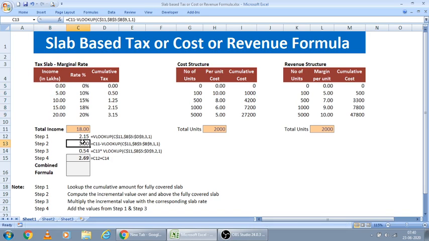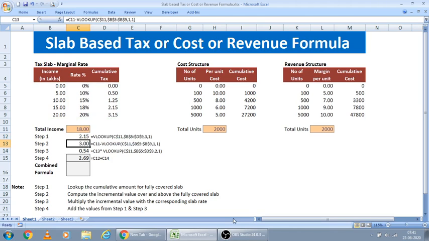When we look up with 1 here, it will set the maximum value less than our input lookup value. In this case, 15 is the maximum value and that is the last occurrence, the last occurred value less than our input value. In this case, 15 is the last occurred and less than this 18 lakhs. So this 2.15 lakhs will be looked up here.